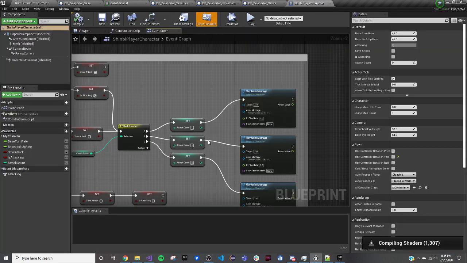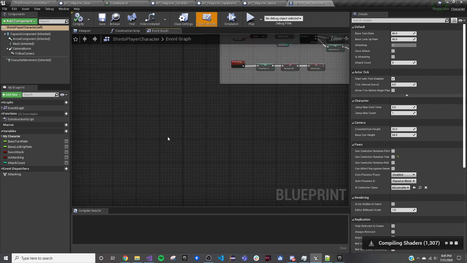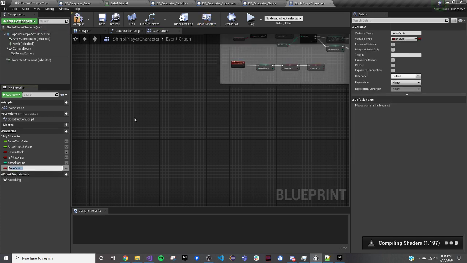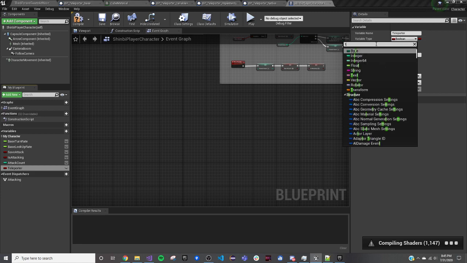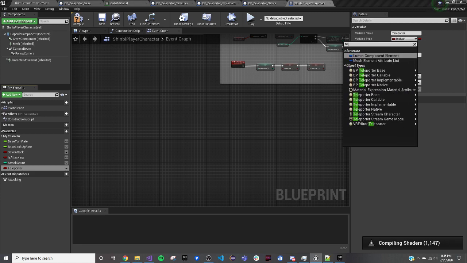And so we need to add a couple of variables, and I'm just going to do this in blueprints, A, because it's faster, and B, this is a native blueprint class. There's no code behind this, so it has to be done in blueprints. And so we're going to do teleporter. And this is going to be of the type teleporter callable,